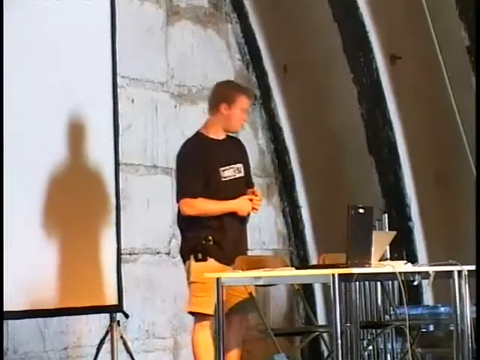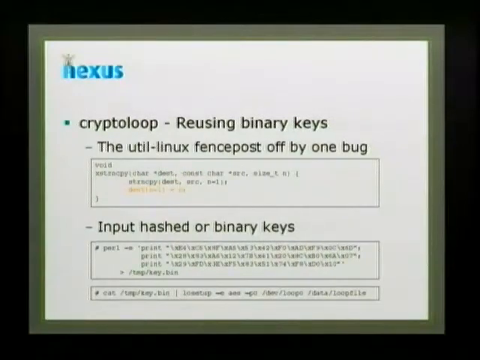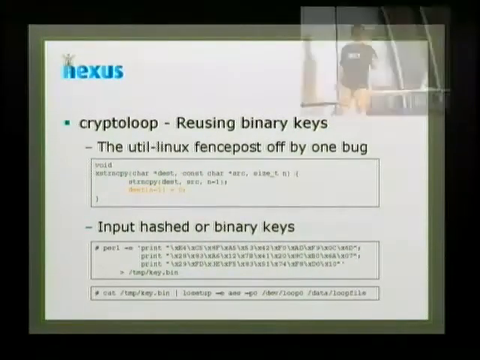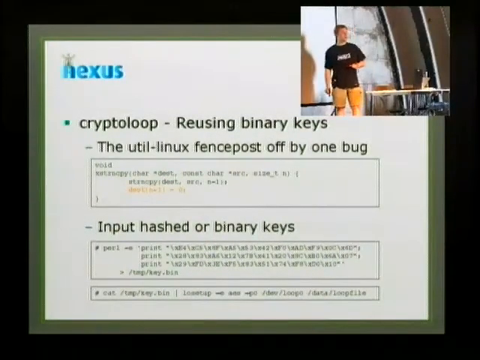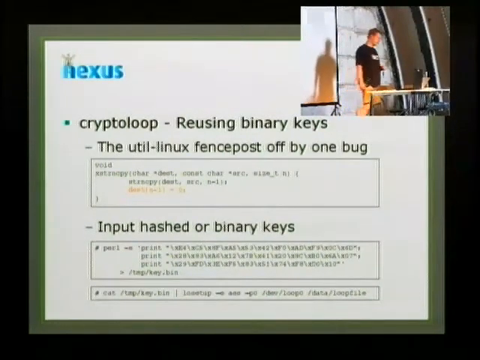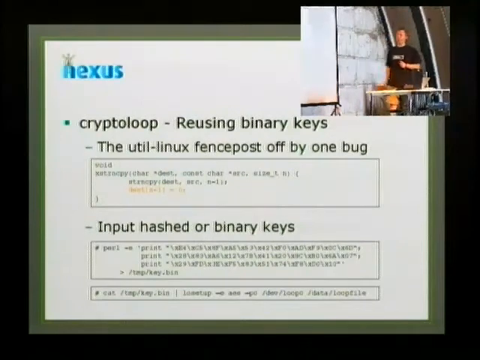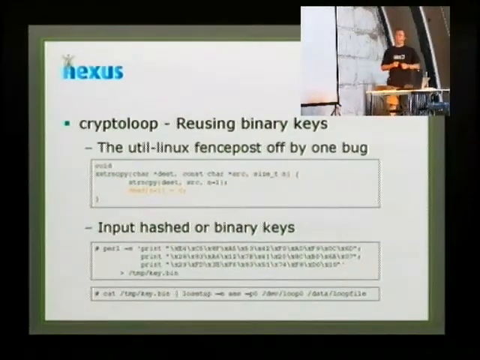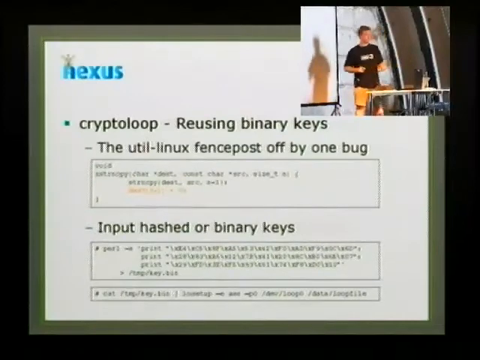So then we come to the binary keys. The binary keys are a lot harder to use. util-linux, as it comes by default, has a fence post off by 1 bug. For one reason or another, they choose to always put in a null byte on the last character. So even if you input a full 32 byte as your key, it will always truncate it and input a